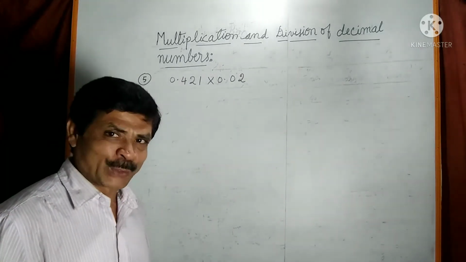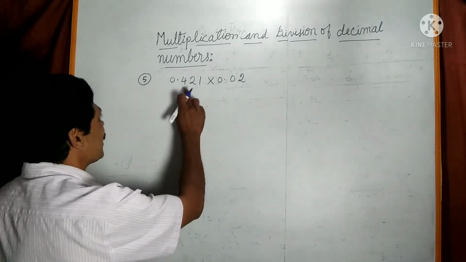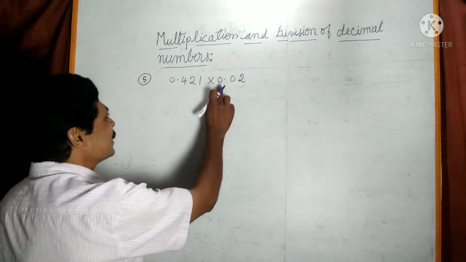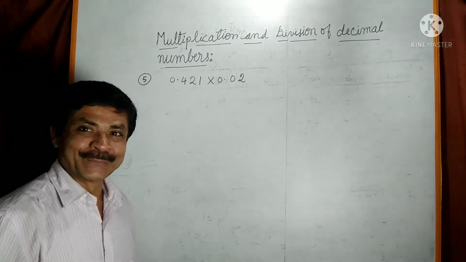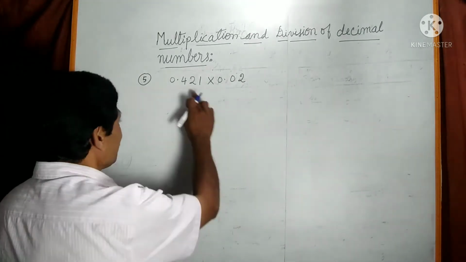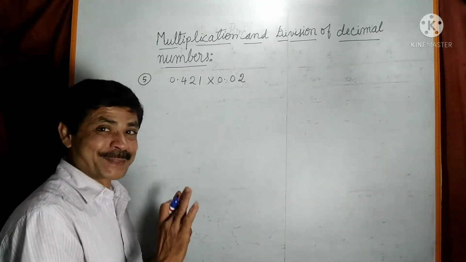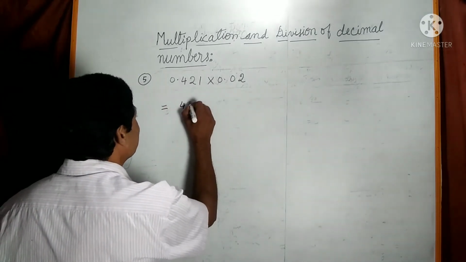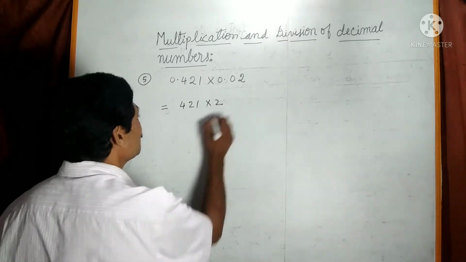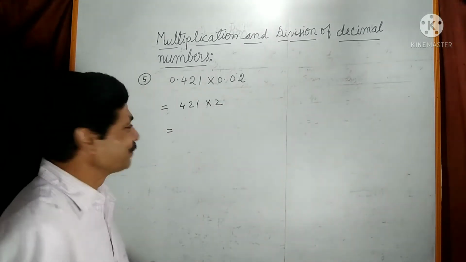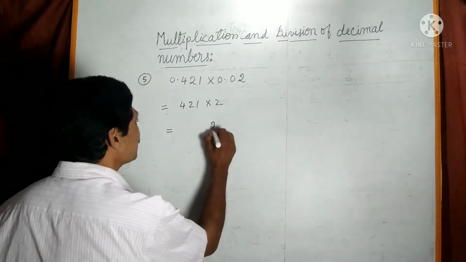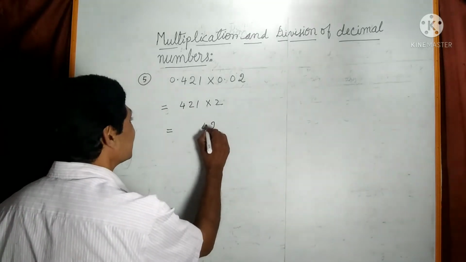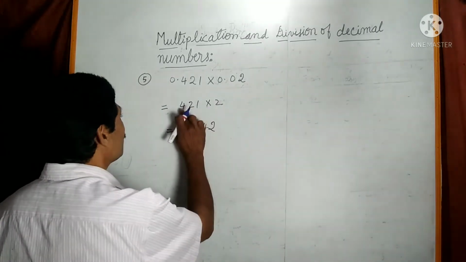Now let us take one more question. 0.421 into 0.02. Now you will think that there is no decimal point, and we will write the question. 421 into 2. This is equal to 2 1s are 2, 2 2s are 4, and 2 4s are